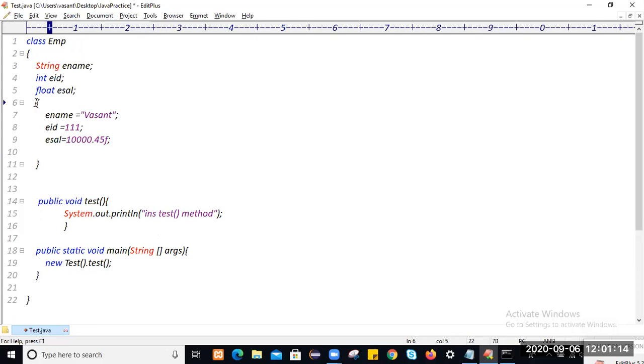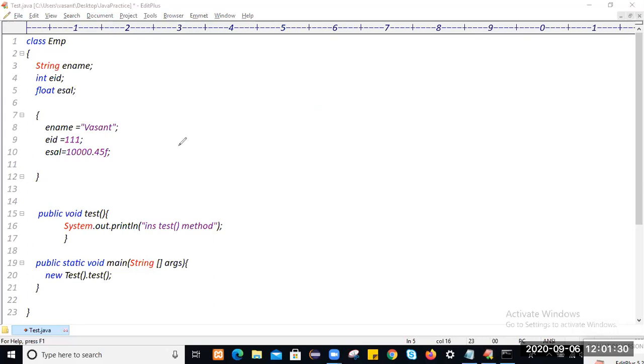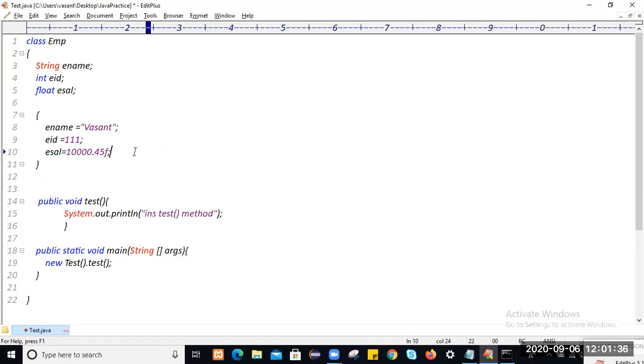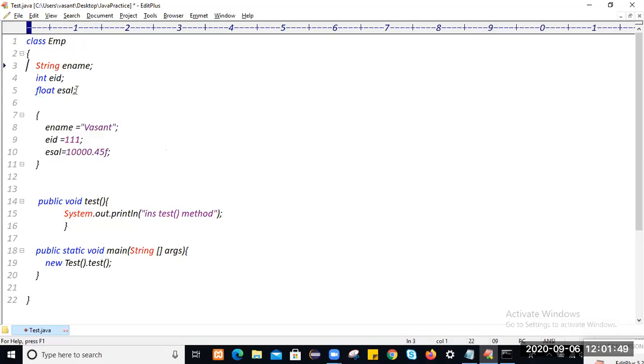Whenever you use an instance block, every time the same value will be initialized. So always remember that we will use the instance block for resource allocation or for database connection and so on, because for every object creation, the instance block will get executed. In Selenium, we use this instance block to upload a file, or to mention the path of a file to load it. Here, the instance block initializes these instance variables, which initially hold default values.